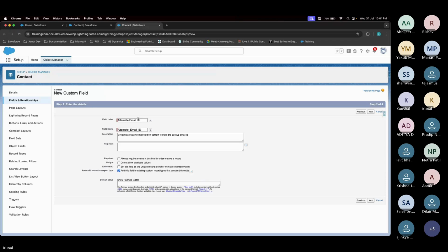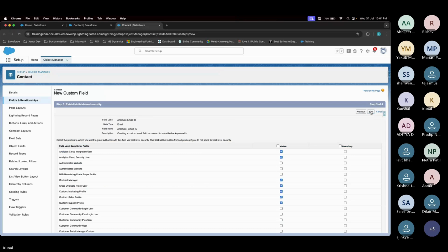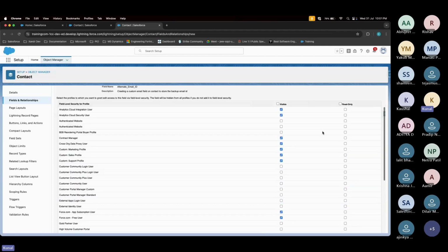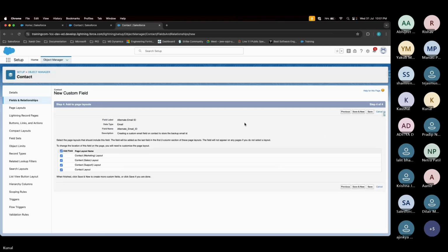Now I set the UI name, I set the API name. Now just recall the API name I have set here is just alternate email ID. Okay. Now next, this is something related to visibility, which people in Salesforce will see this field and who will not, right? So what we will do is when we will be covering users and profiles, that is when we will go into this section. For now, you can skip this section, just go to next. And also on this screen, just move ahead, just click on